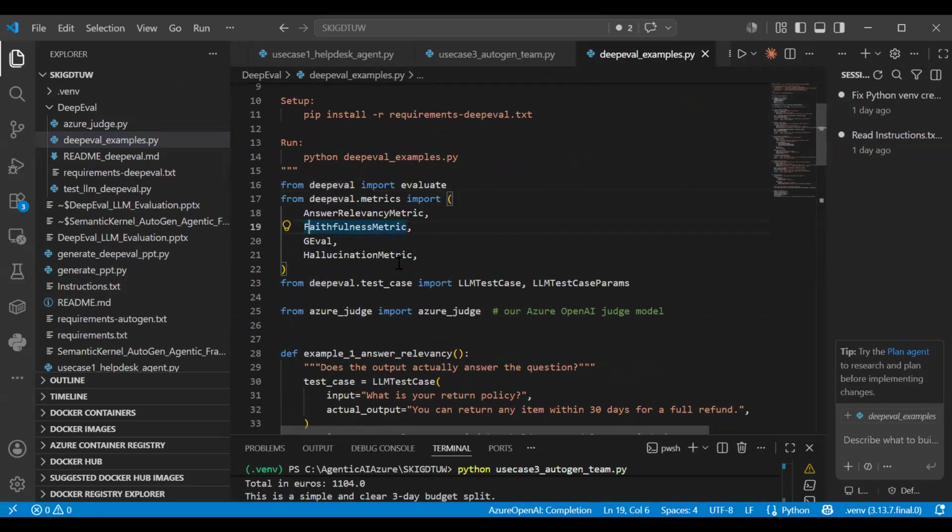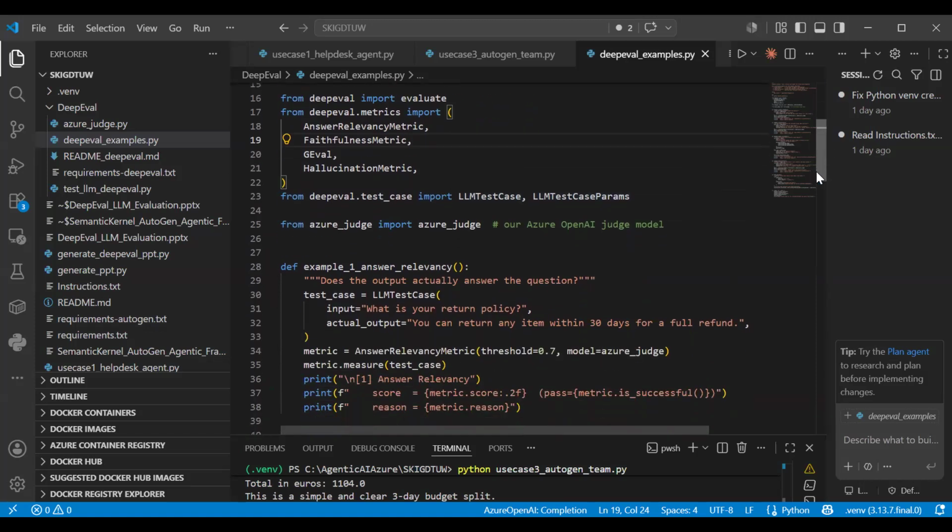And these are the metrics that DeepEval gives you: answer relevance, faithfulness, G-Eval, hallucination metric. These are the classes it is importing from the module.